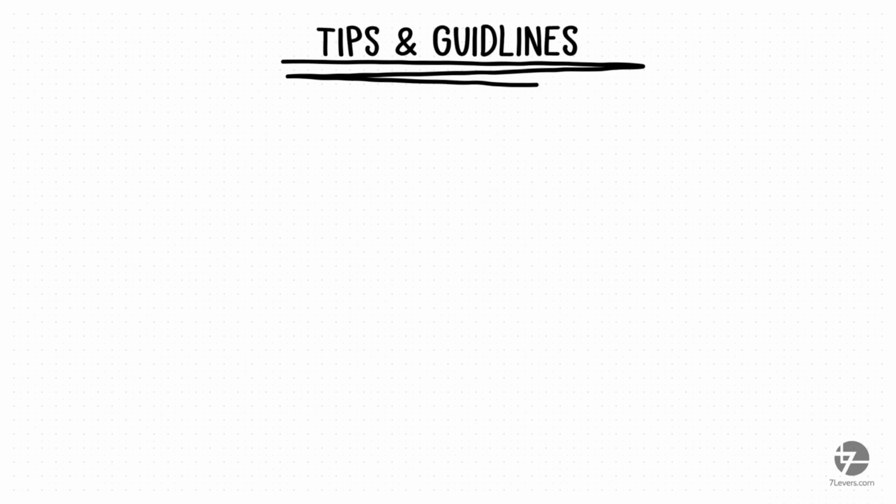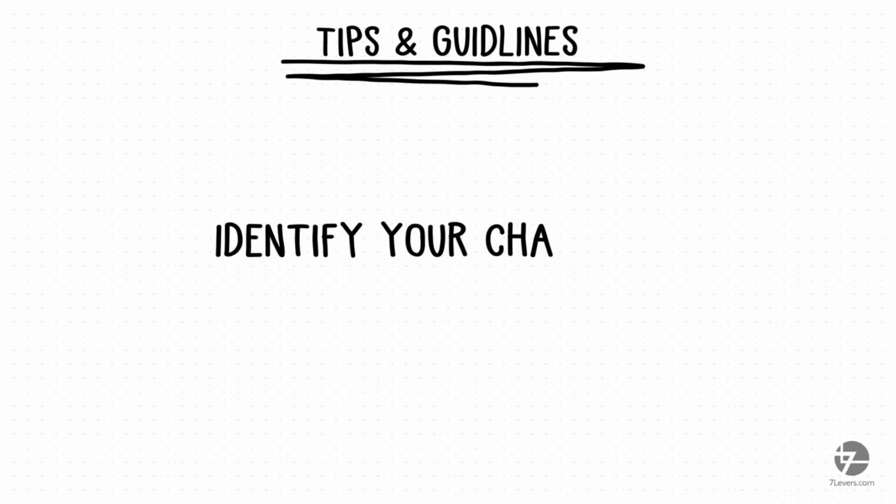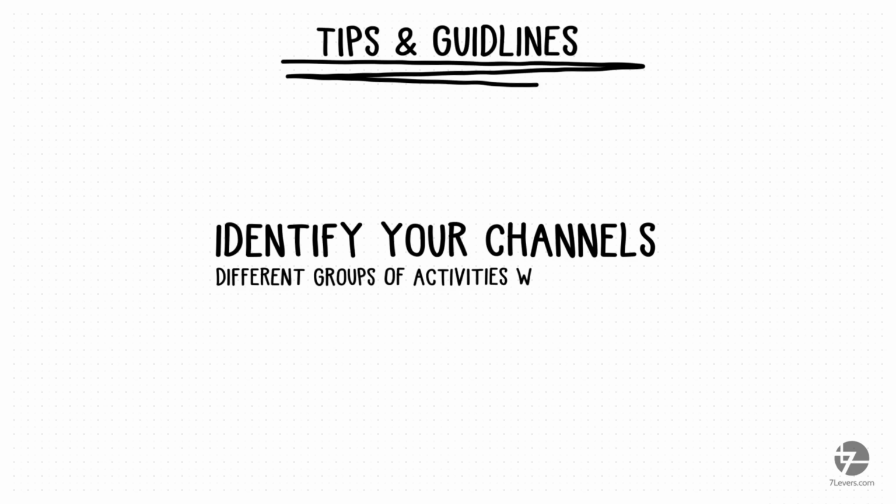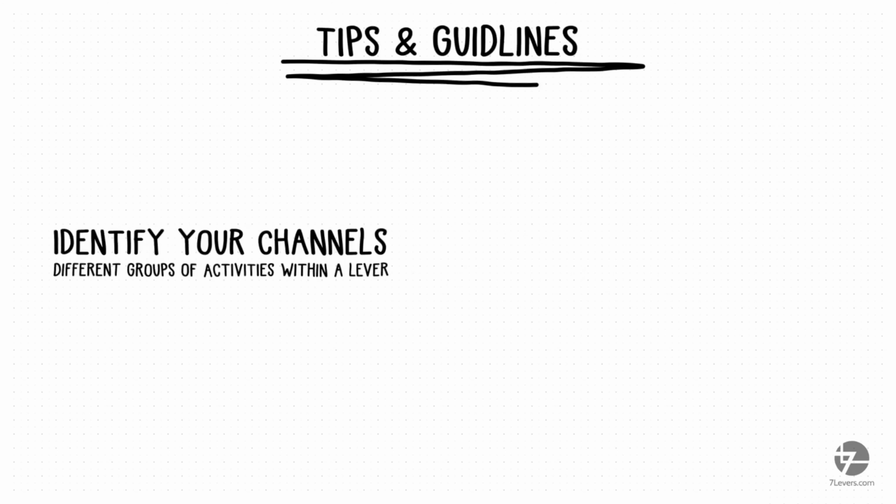Another thing that you can do, if it's relevant to you, is to do something that we call identifying your channels. Now, channels are different groups of activities within a lever. And if you define these when you're capturing, then it will help you with your measurement when you do calculation as well. And later, when you move on to profit growth, it helps you more closely identify opportunities for growth. So some examples of this would be in your suspects lever. You might have different places that you go to